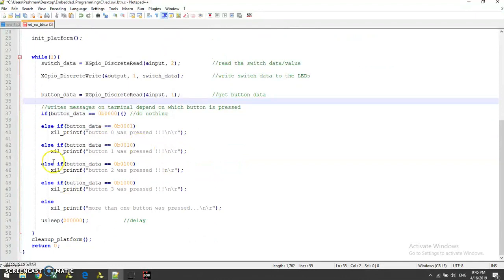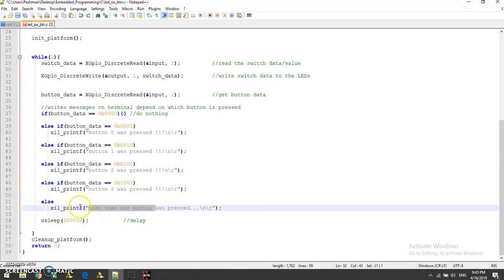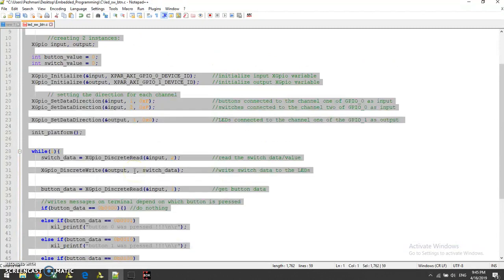And then we have this case, which we implemented with an if-else statement. In case one of the buttons has been pressed, one of these messages will be printed out into the terminal, and in case more than one button was pressed, this message will be sent into the terminal, and there is a delay. Okay, let's copy this code